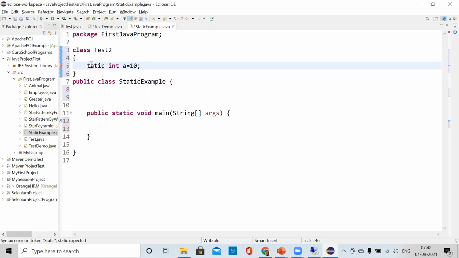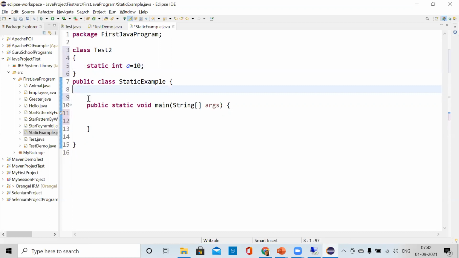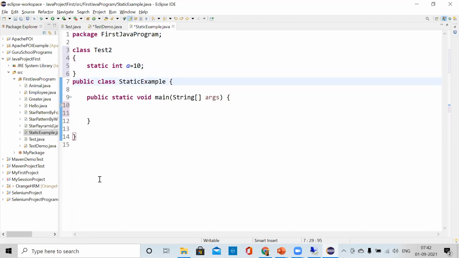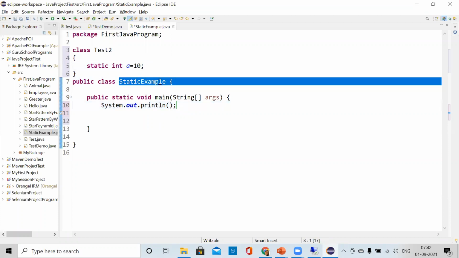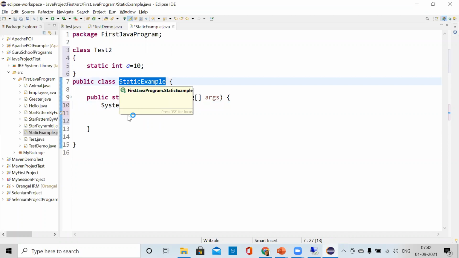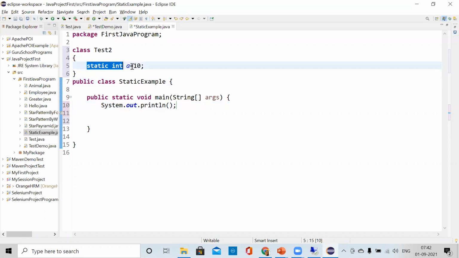And inside another class, which is a static example, I want to call this static variable. There is some other class and I want to call this variable there. Can I do it?